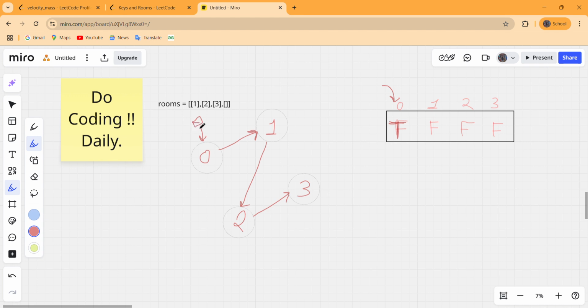The DFS will mark all the rooms connected to this 0 in one pass only, and if the DFS marks all the connected rooms in one pass only, that means all these rooms are actually connected to each other.